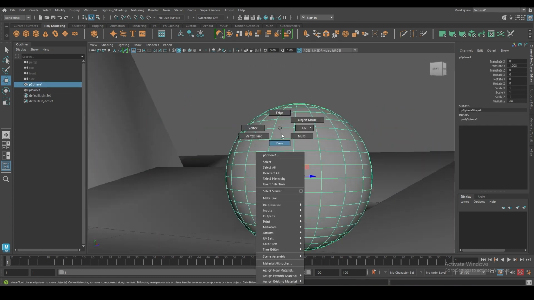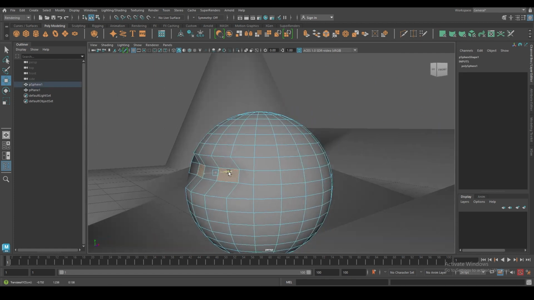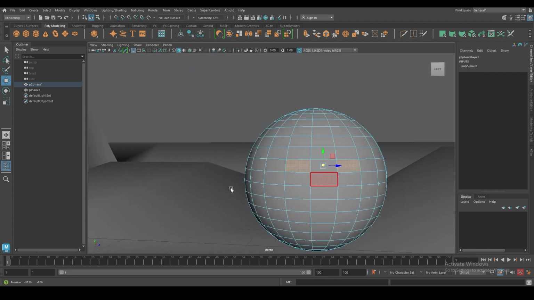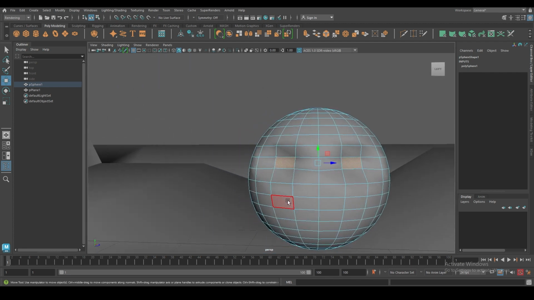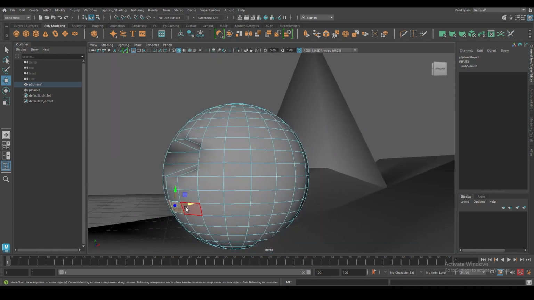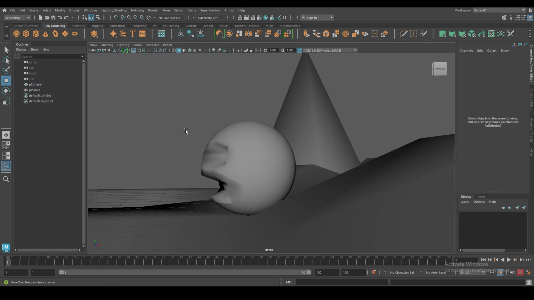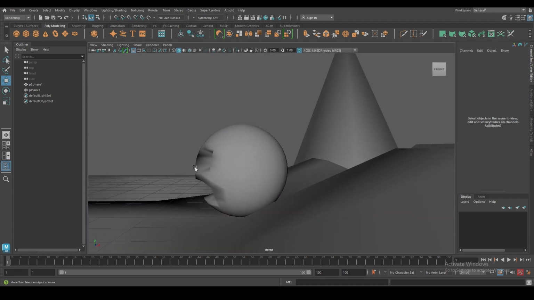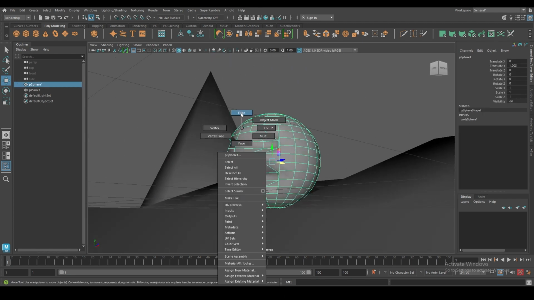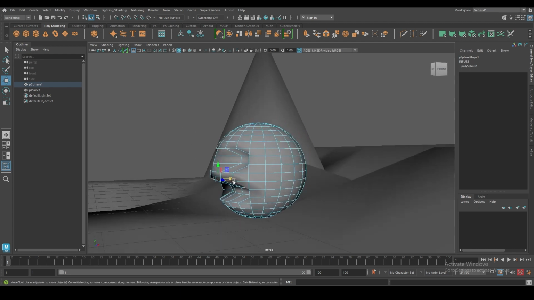So let's say I'm gonna try to modify the shape a bit, the shape of the sphere. So this is just the basic understanding of how to modify an object. So you can try to experiment around, you can play around with the tools, see what kind of shapes you can get. Now that you have all the basic understanding of the software or how the software works in general,